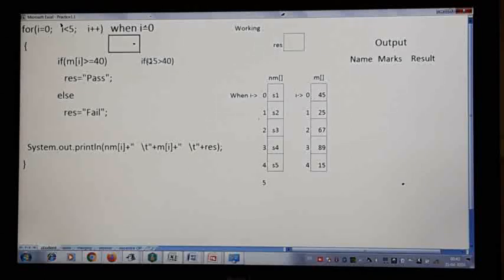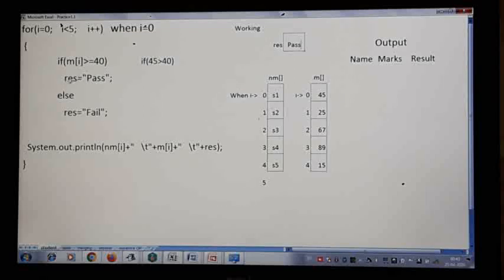Here we are checking, and this part I have written only for you to understand the evaluation of this step. It is as good as checking whether 45 is above 40 or not. That's what you are going to check in this line. So 45 is above 40, the condition is true, and it will reach result equals pass. So the value of result will be set in memory as pass.